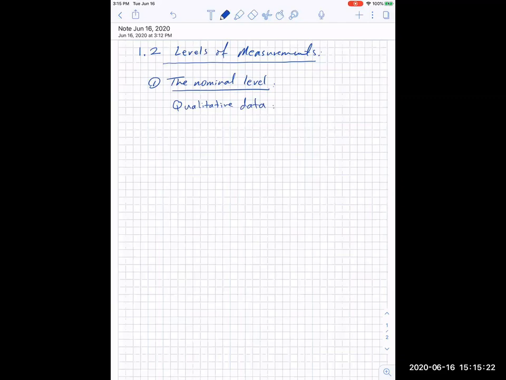Such as, for example, names of individuals, the city that the individual lives in, for example, the type of car that the individual owns, eye color,